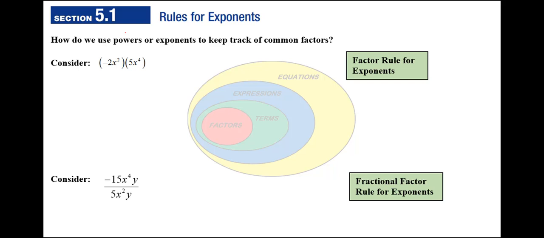All right, so rules of exponents. What we're basically going to do is explain how we can use powers to keep track of common factors in certain situations. So we've done this before. The first example we have, we notice that it's one term, and the parentheses are just monomials, or a single term each. So in terms of composition,